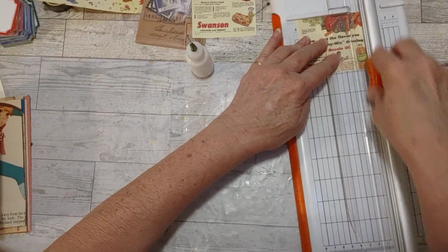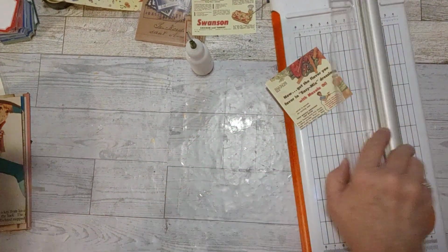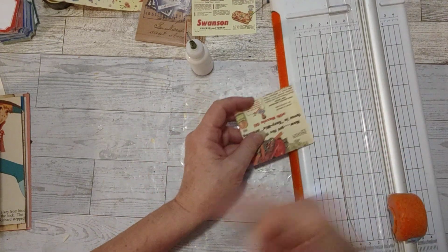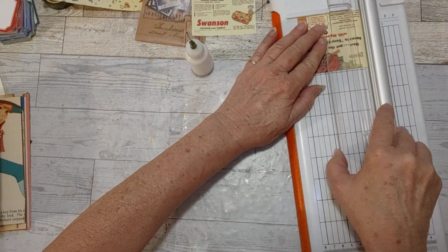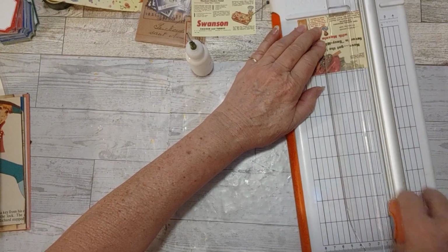So I'm going to cut a little sliver of this file folder off either side of this. Now we'll have our first pocket, and it's food related. And this little booklet was all food related, because it has to do with baggies, you know, little...